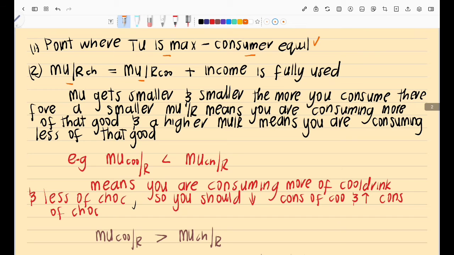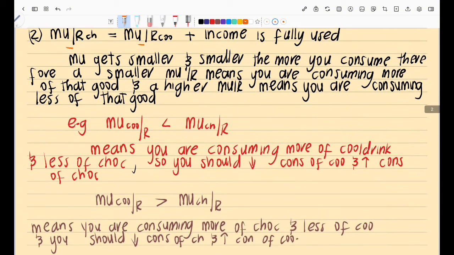After you have done that, on those points, you look for the point that maximizes your income. So you take the units at each point, the units of chocolate multiplied by its price plus the units of cold drink times the price, and see if it maximizes your income, right? And then you take the point that is both where they are equated and where it maximizes income. And that is the best point that you should choose, right?